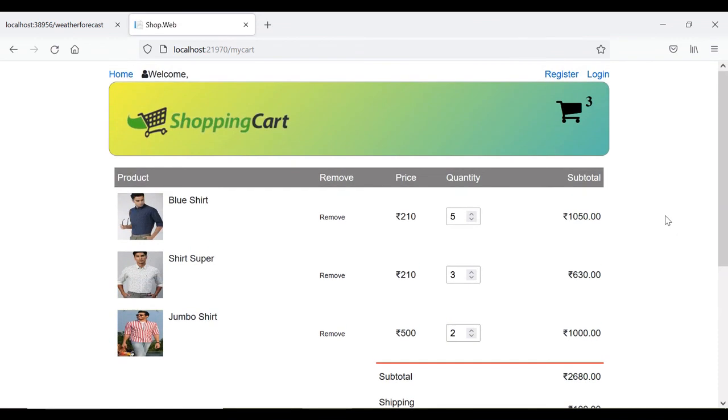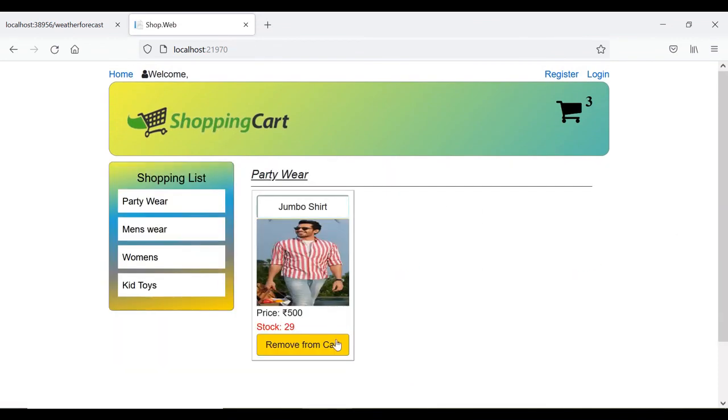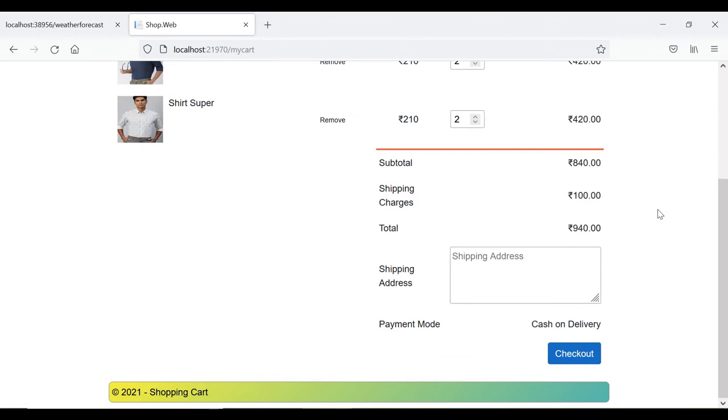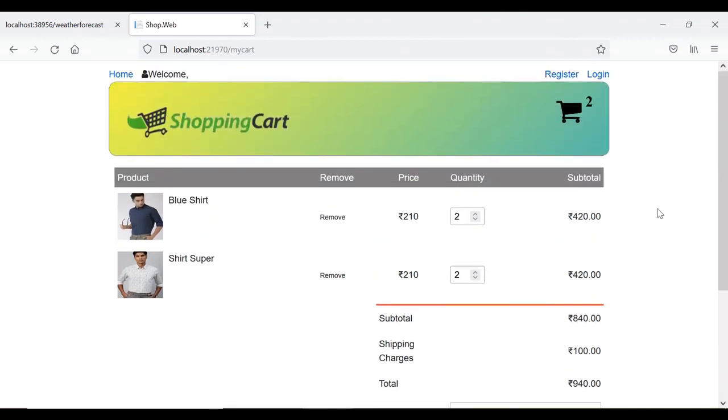This is what the design looks like. If we remove it, let's go back here. Now we have to add the quantity again. So this is the my cart design.